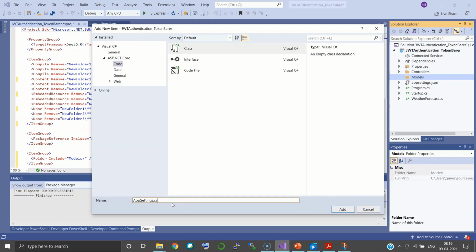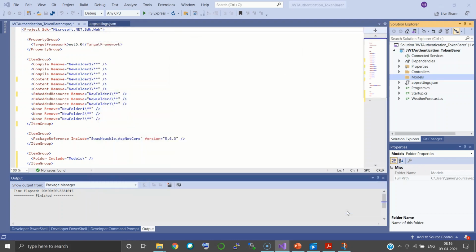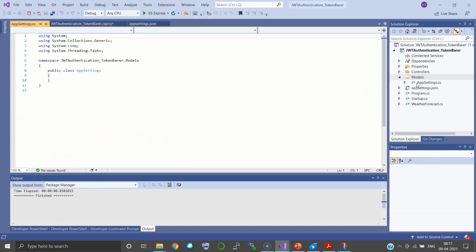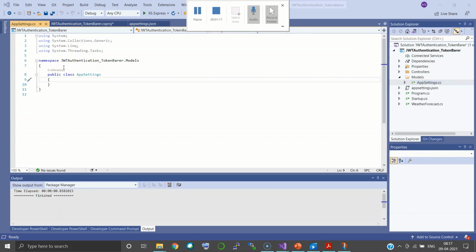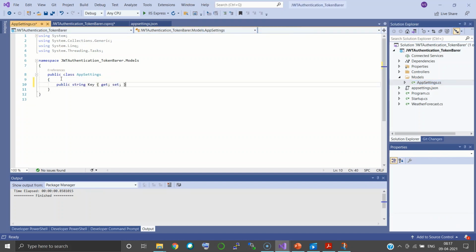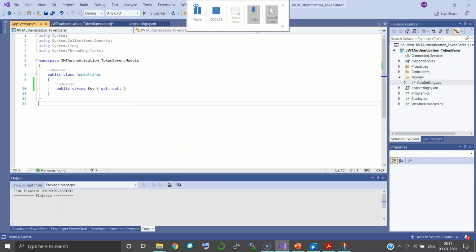The class will be called AppSettings.cs, and this is the file which is going to have the properties for the key. The property has been given and we are saving the file now.